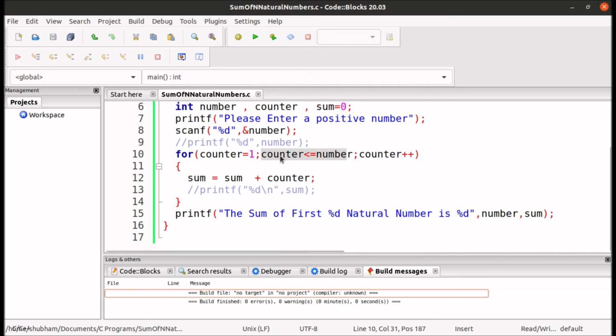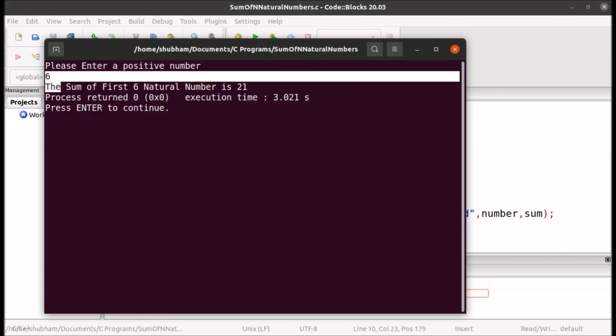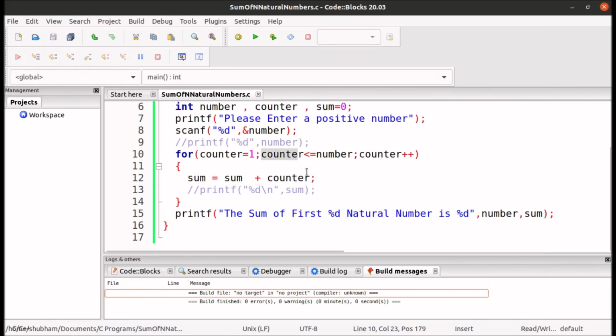No, the counter is 7 here, and our input is 6. That's why the for loop will break, and the line number 15 will be executed, and this statement sum of first n natural number will be printed.